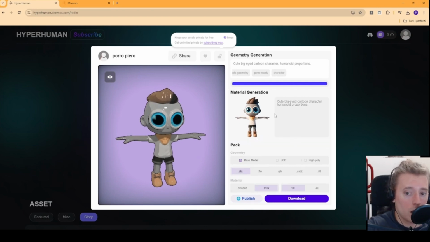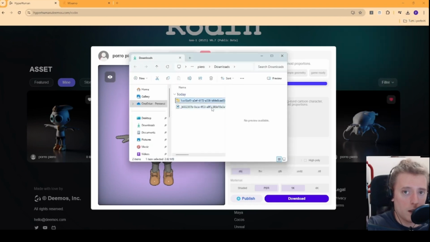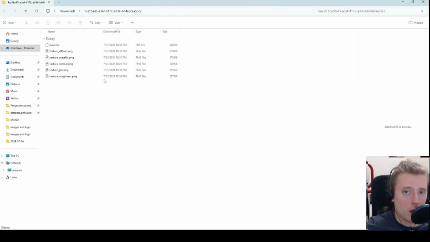Now we are going to click on Download. FBX is the extension that I prefer because it is compatible with Unity, so I'm going to click Download. The character is downloaded. We are going to unzip our folder, and as you can see, we have the